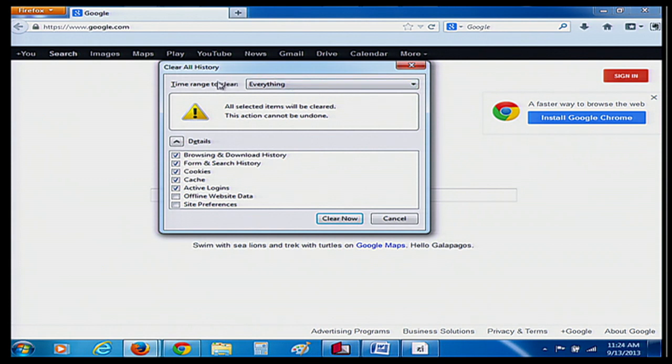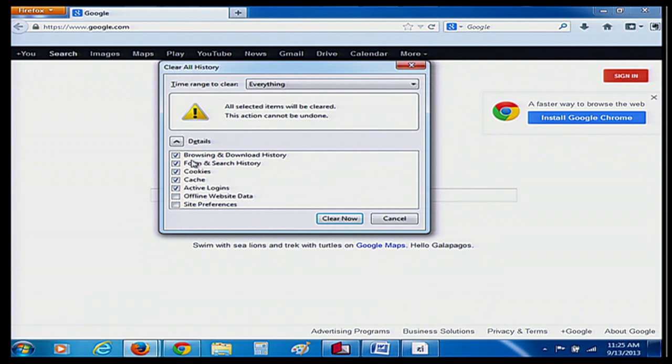So if you want to clear out those temporary files, the cache files, you'll go here to the history area, and here where it says the time range, you can go ahead and choose everything, and once everything has been selected, you'll select from the list of checkboxes here. So my time range is everything, and from the list of checkboxes here,